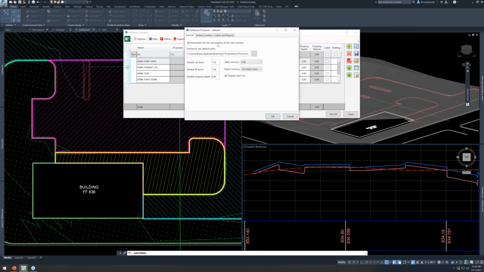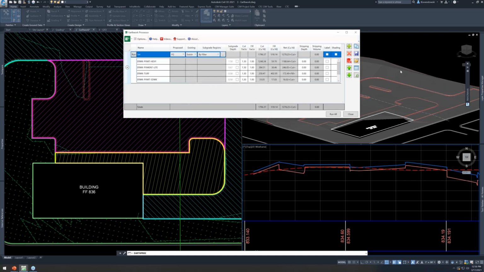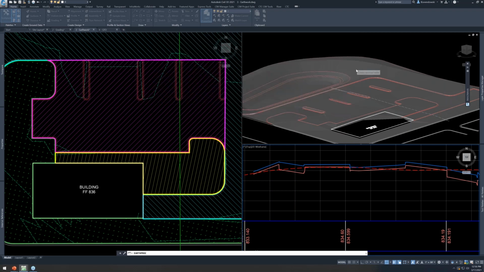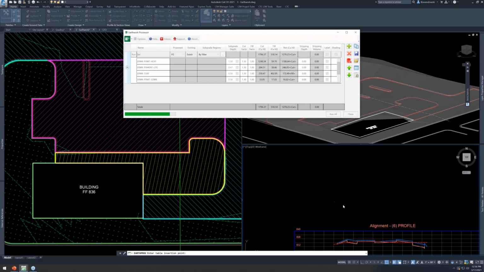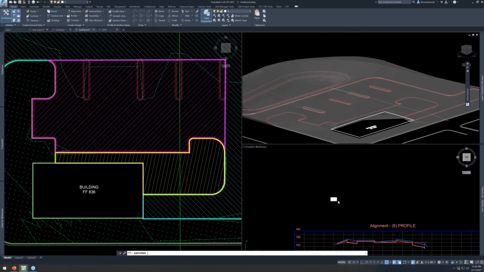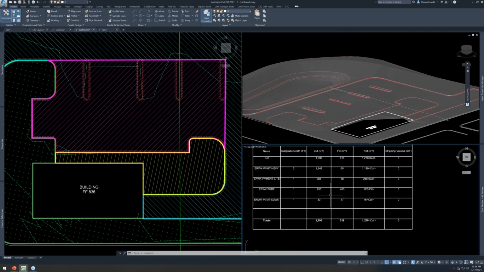Now, what do we want to do with this information? If I look in options on labels and reports, I can insert MTEX labels and label cuts and fills for each region. I can also create tables, either in Excel or right on the drawing here, and I can control what shows in those tables. If I come back out here, let's go ahead and run the create table command. It's going to make an AutoCAD table for me